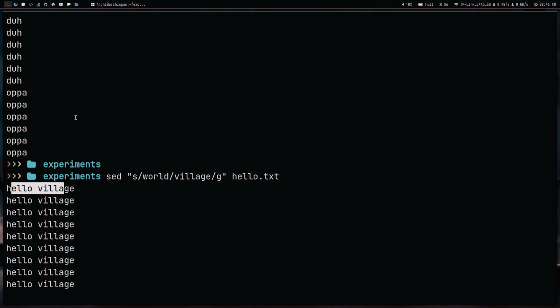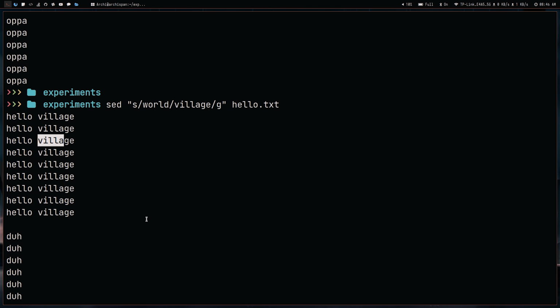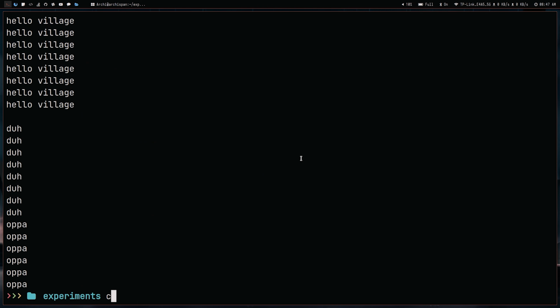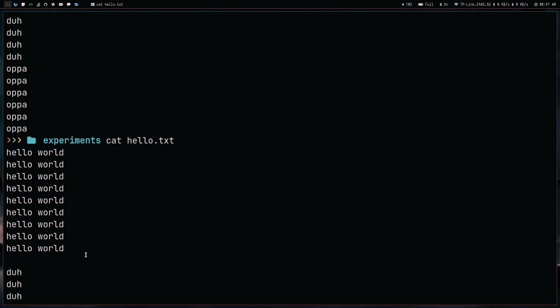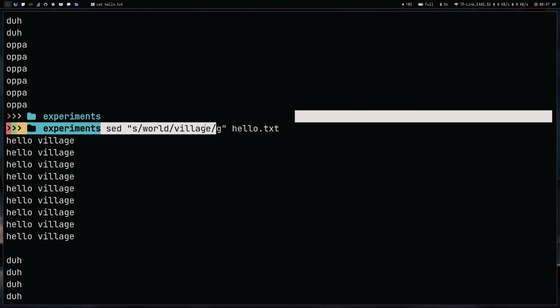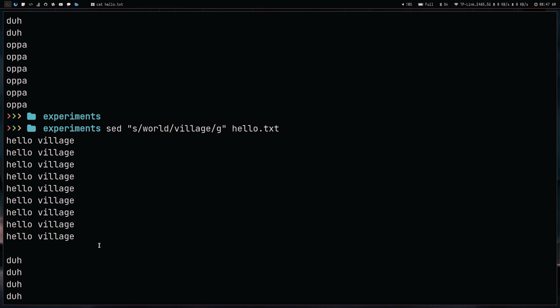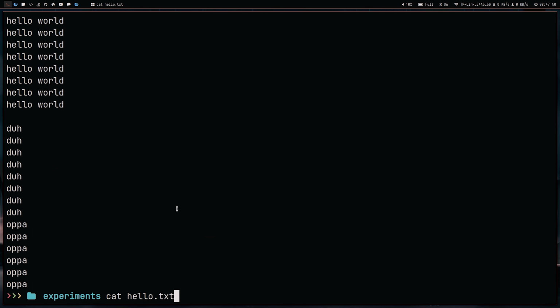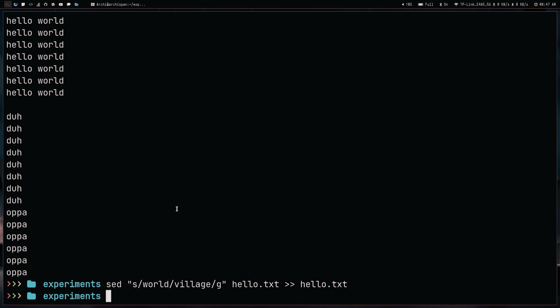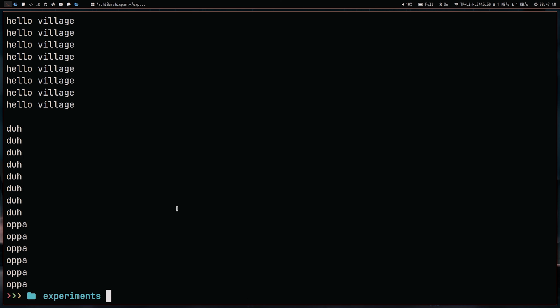Earlier it was hello world, now it became hello village. So this is how you can change these things. If I do cat, I can see again it is hello world. It just modified that and printed it. But if you want to save this, you can also do that. Then you just do hello.txt, and if you do cat,